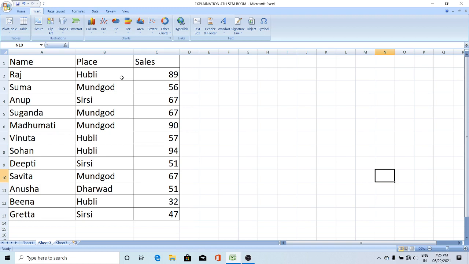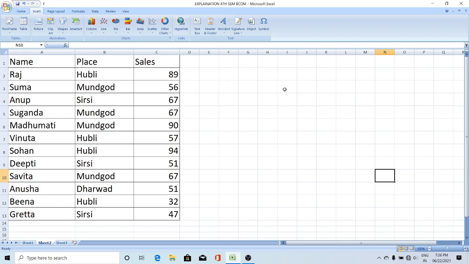Today we are discussing how to insert the hyperlink. A hyperlink is used to create a link to a web page or a picture or an email address or any program. The shortcut key for this hyperlink is Ctrl+K. This hyperlink option is used in MS Word also, in a previous semester. I'll insert a hyperlink for one particular file here.